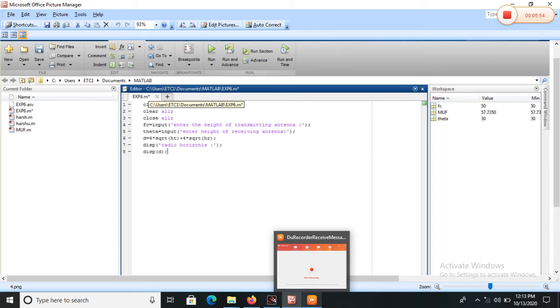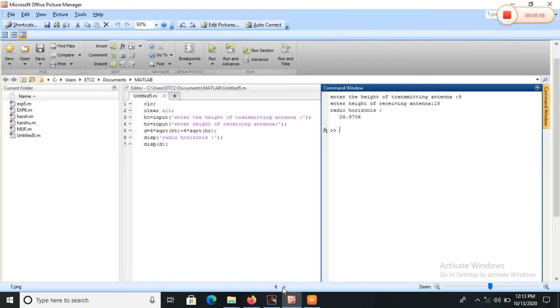Again run this program by using the run option. The input values of height of transmitting antenna and receiving antenna give the output in the command window.